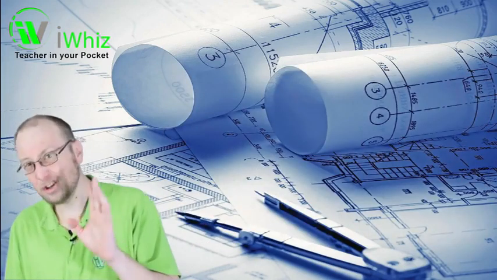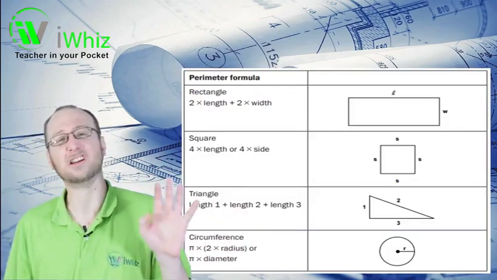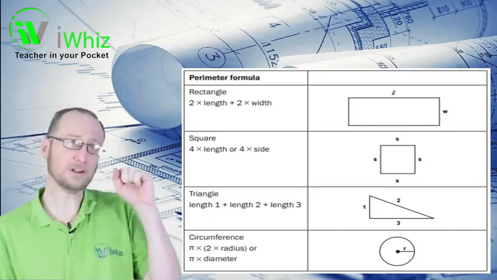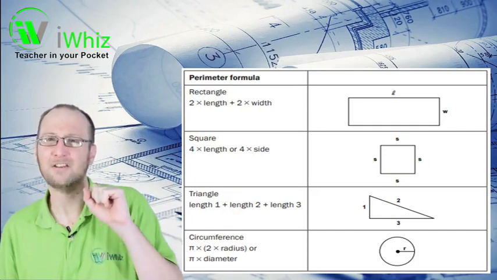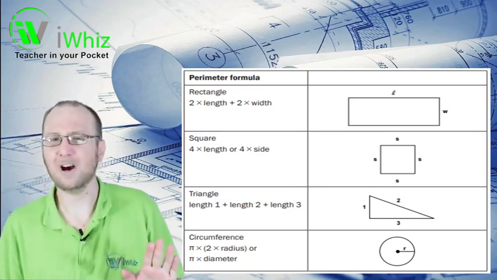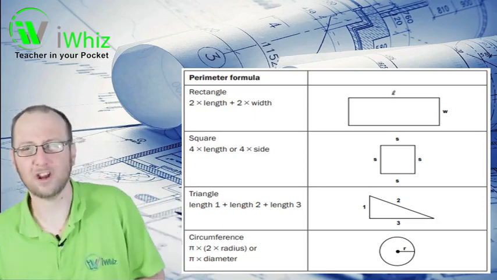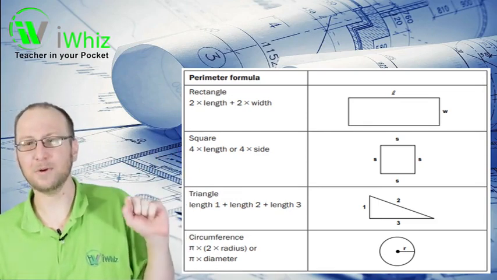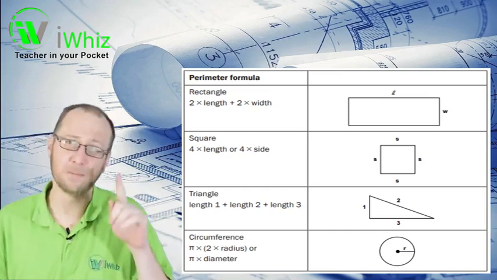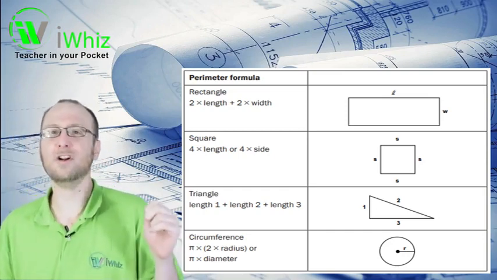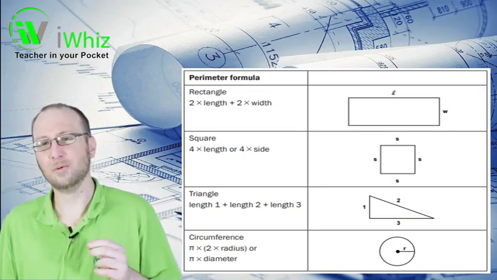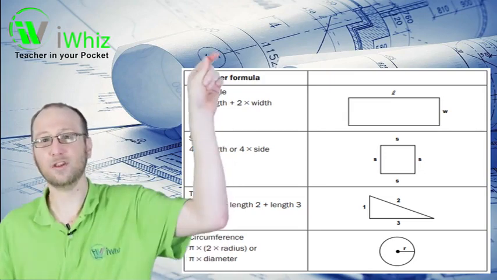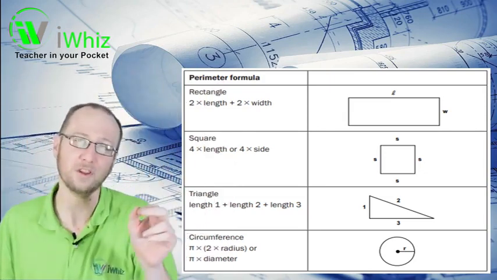Now, we can use different formulas to calculate the perimeter of different shapes. So if we look next to me here, we can see I have a little table showing how we work out the perimeter of different shapes. So for a rectangle, we go 2 times the length plus 2 times the width. Remember, opposite sides in a rectangle are equal. So where it's width plus length plus width plus length,